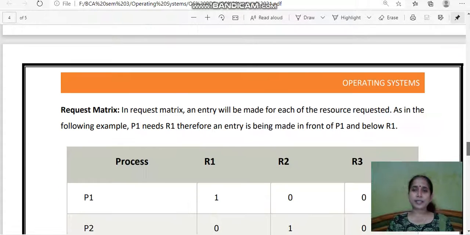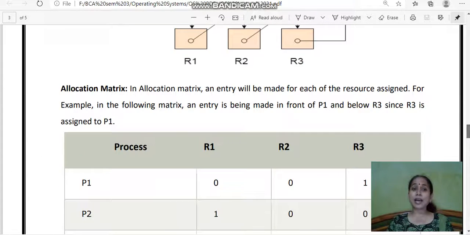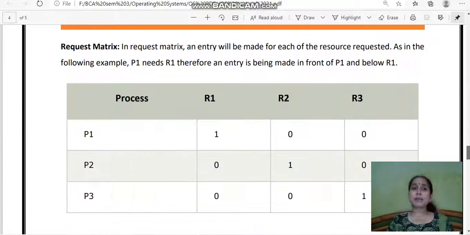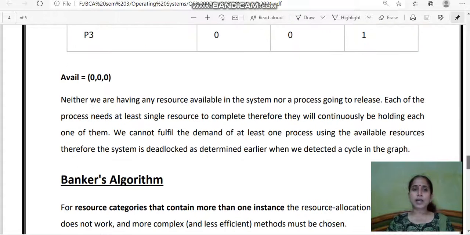ये allocation matrix है, जिसको हम एलोकेशन मैट्रिक्स बोलते हैं। दूसरा बनाते हैं रिक्वेस्ट मैट्रिक्स। रिक्वेस्ट मैट्रिक्स में P1 इज रिक्वेस्टिंग फॉर R1, P2 इज रिक्वेस्टिंग फॉर R2 एंड P3 इज रिक्वेस्टिंग फॉर R3, राइट।